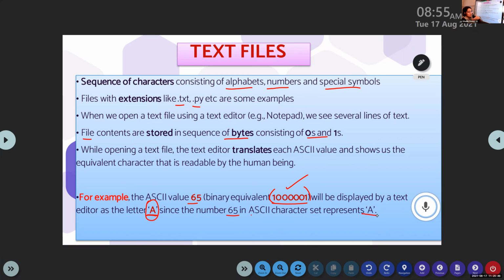Okay, so there are many translations occurring in between the computer and us. We are not able to recognize that, but there are many translations, which means this program is to be understood by the computer and for us. Okay, in the middle there is a translator which helps us to translate, right?